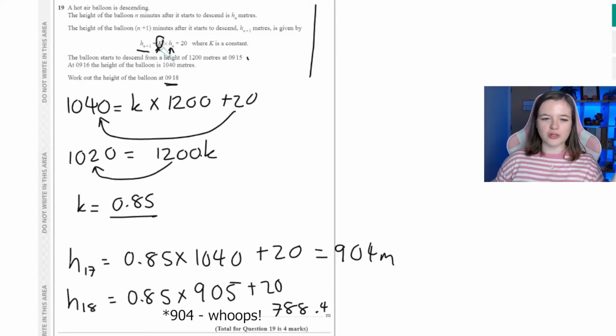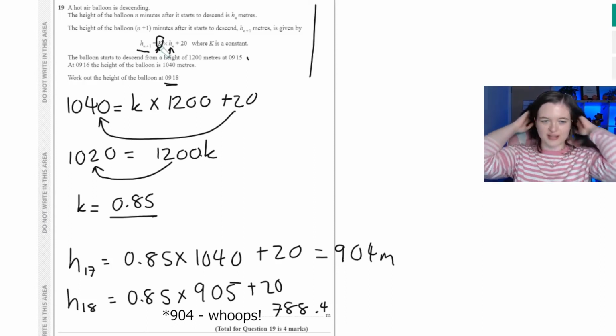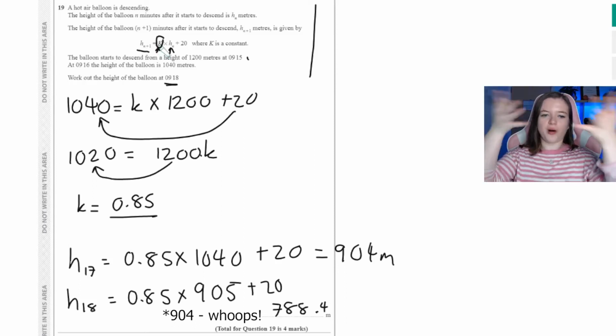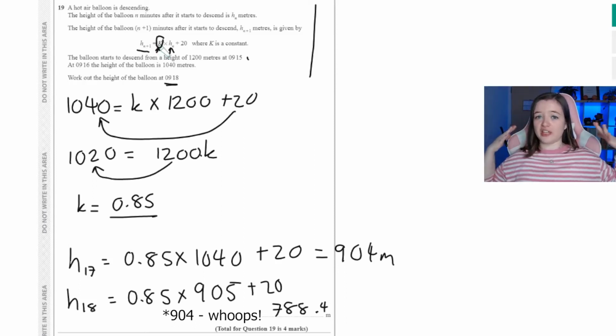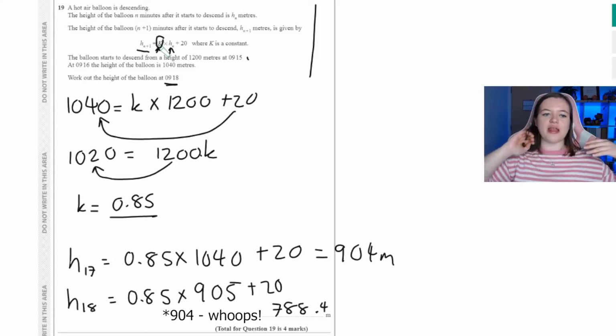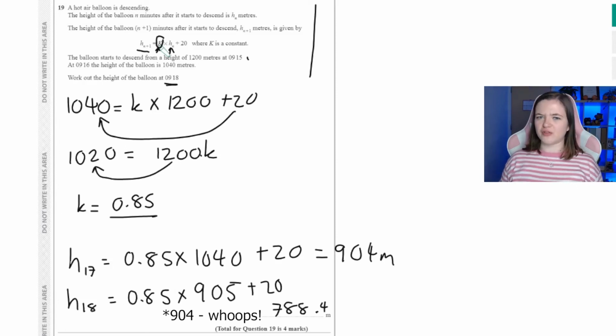That's all it's saying. So as long as you have a good think about what it's trying to say without getting bombarded with all this weird notation we don't really use very often in maths, then it's not too bad, but it is difficult. It's not easy, this question. It's quite tough, as is this paper. It's a really difficult paper, I find anyway. I think it's one of the hardest I've seen in a long time. But anyway,